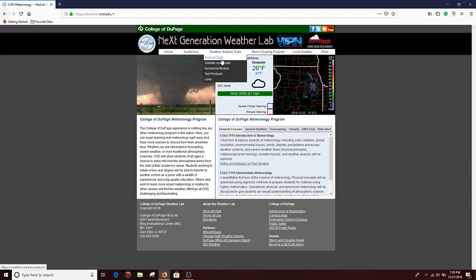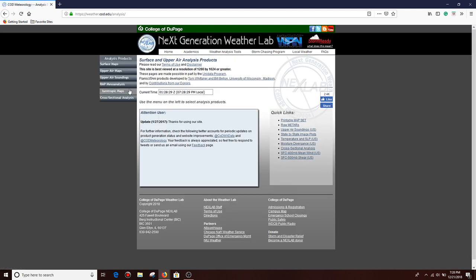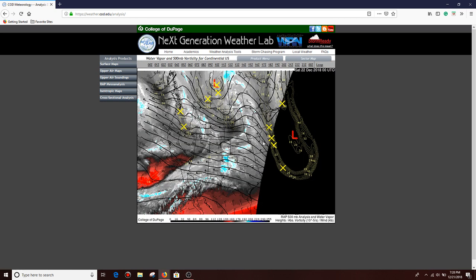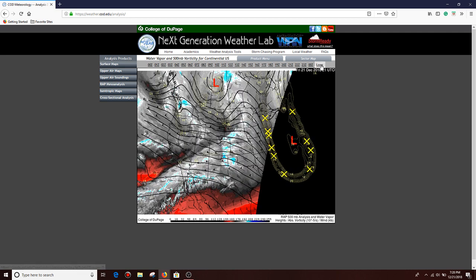So let's start with analysis data. This is going to be the data that we're going to use to calculate our current conditions and what the current forecast is going to be like. You don't need to know too much about weather to take a look at this, but let's just take a look. And we're forecasting for the St. Louis area. That's right around here. So if I loop this,